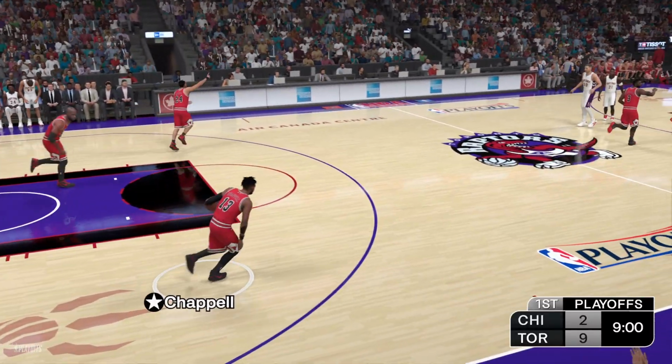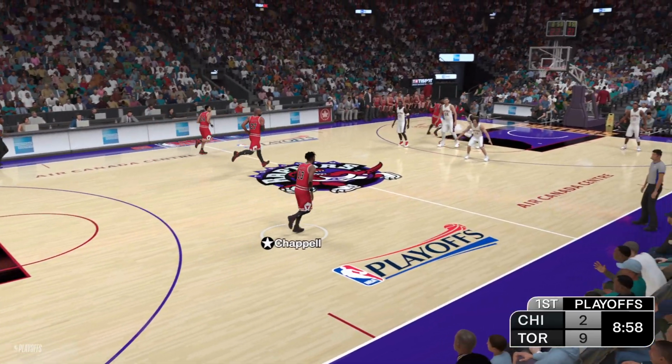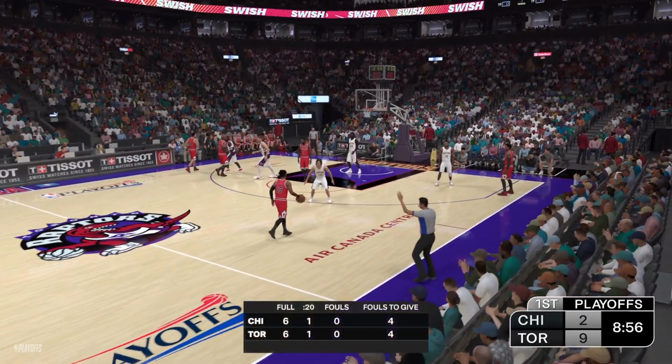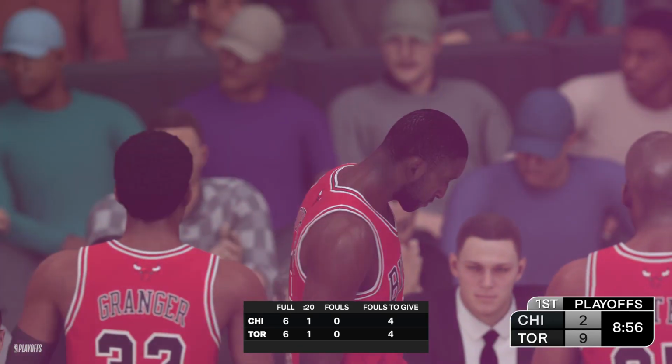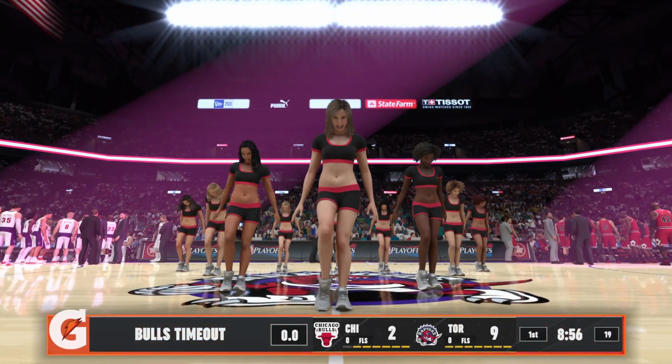Well, you got to like seeing Artest get going on offense. Pretty solid offensive player. And the first time out of the game called for Chicago. And they just can't seem to get going offensively. And I think this timeout, guys, is where you draw up some plays that are guaranteed to create some high percentage shots.